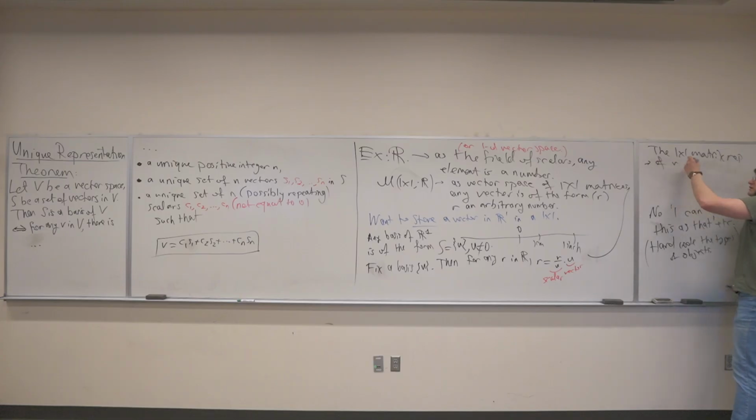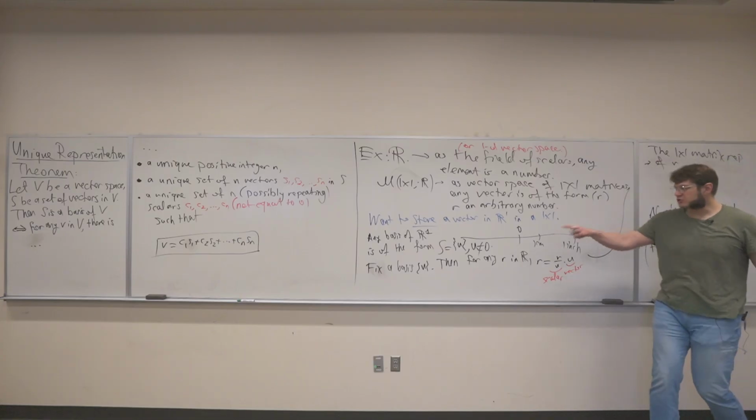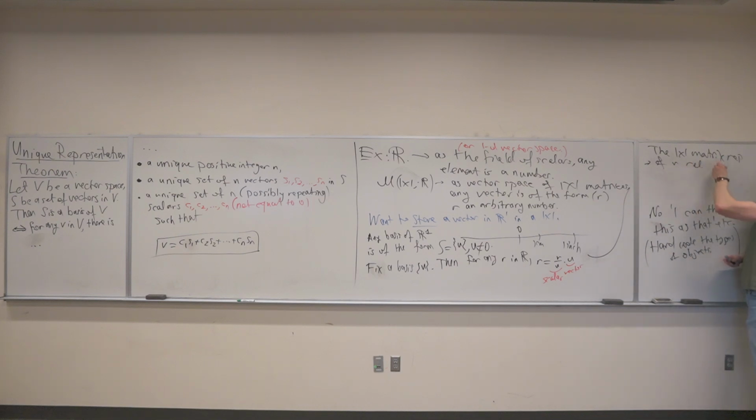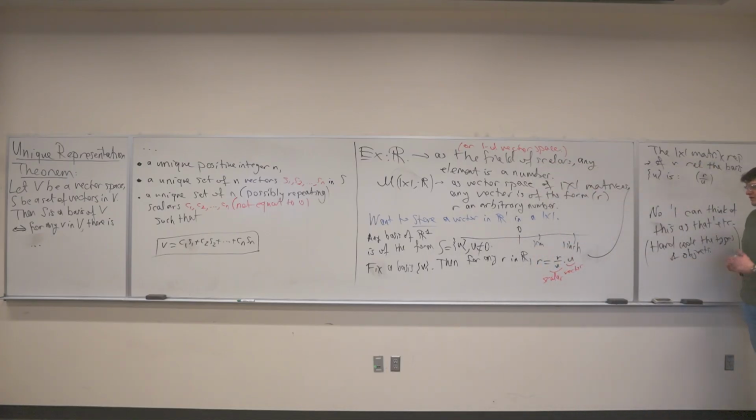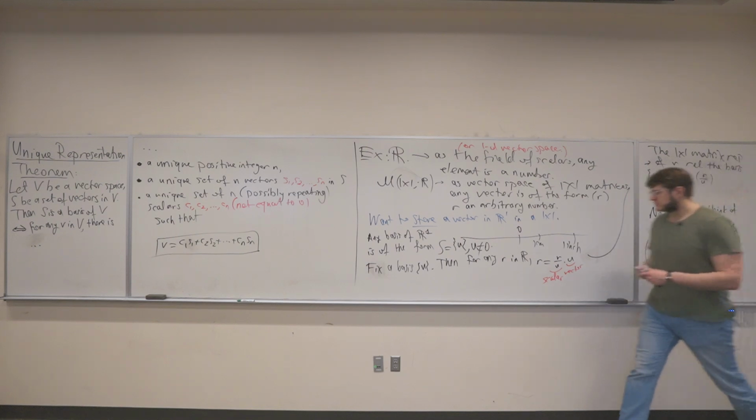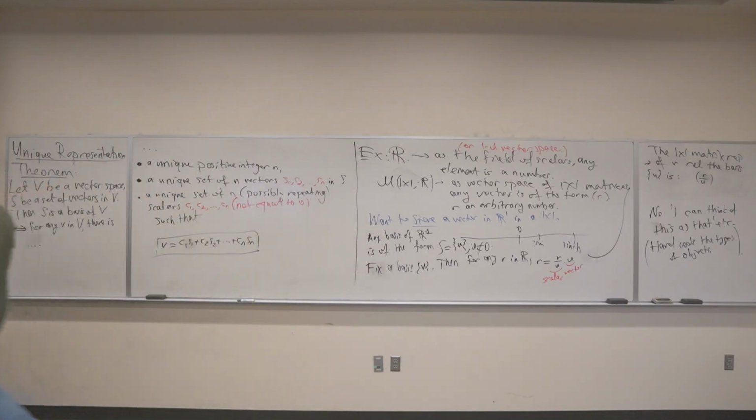The representation of R relative to the basis U is the number R divided by U, put in a 1 by 1. It's a 1 by 1 matrix. And so to represent this fact, that this is the matrix representation of R relative to the basis that contains only U,